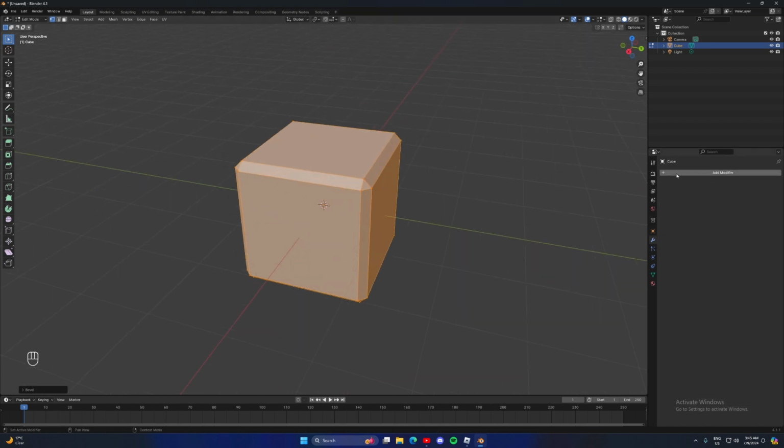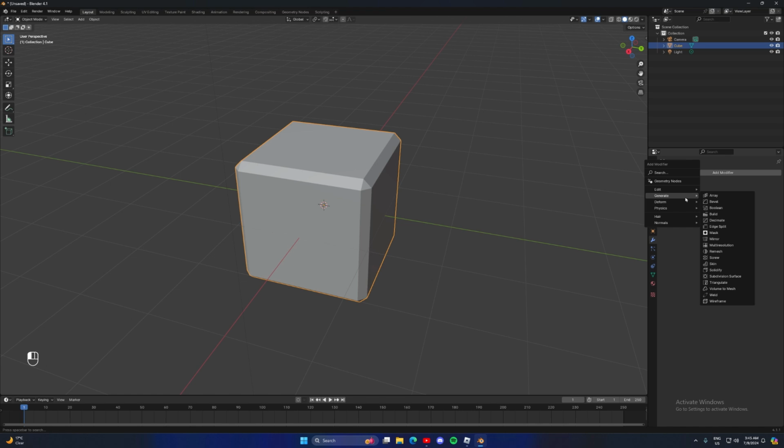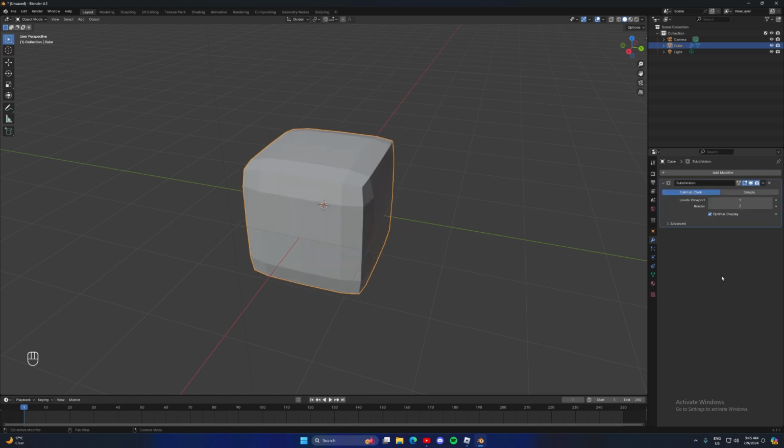And then you're going to want to go out of edit mode, and then under modifiers, the wrench icon, you're going to go to add modifier, generate, subdivision surface. And then I usually do mine on about 4 because my computer can handle it. If yours can handle more, you can do it up to 5 or 6, but I don't really recommend more than 4. You can do 3 or 2, but it might just be a bit less detailed. Then after that, you can apply,